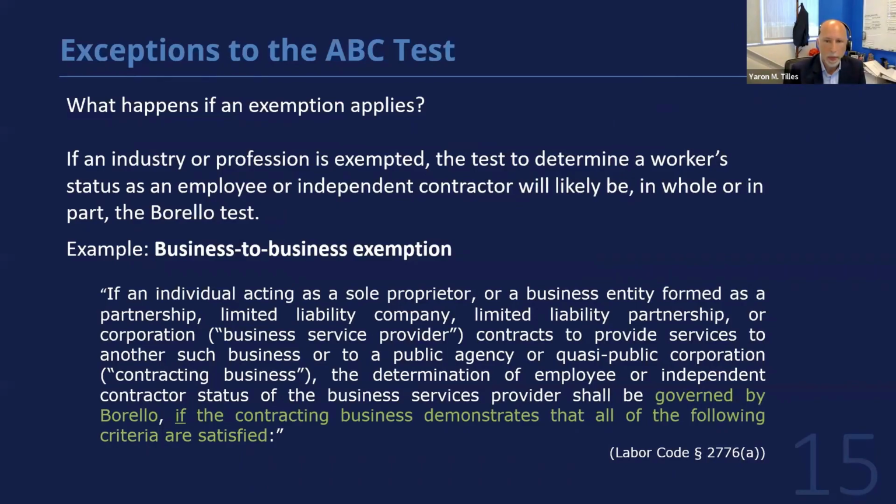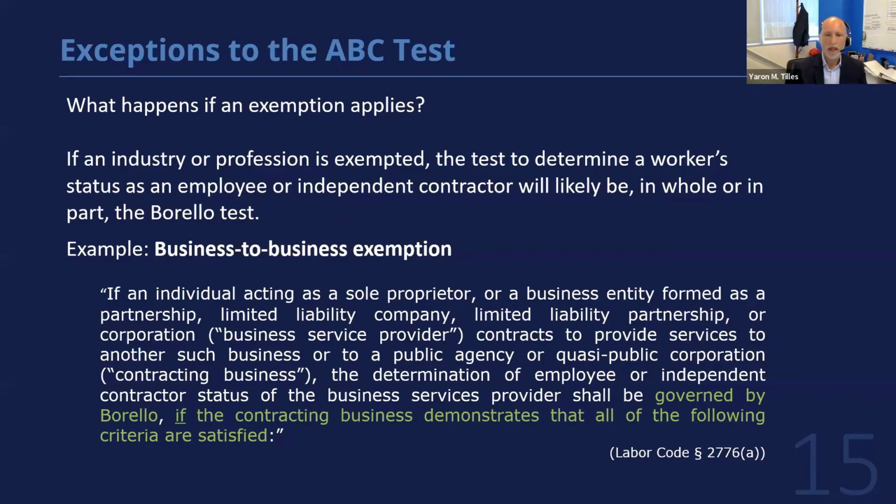I use the phrase in whole or in part because some of these exceptions to the ABC test not only identify the use of the Borrello test to determine worker status, but also have additional criteria that must be satisfied. So in other words, just simply satisfying the Borrello test may not be enough for some of these exemptions. By way of example, the business-to-business contractor exemption